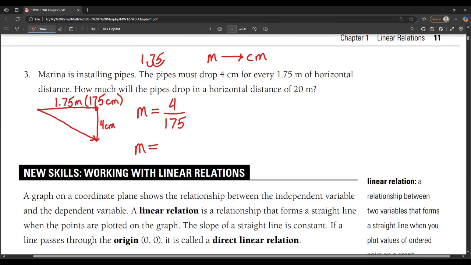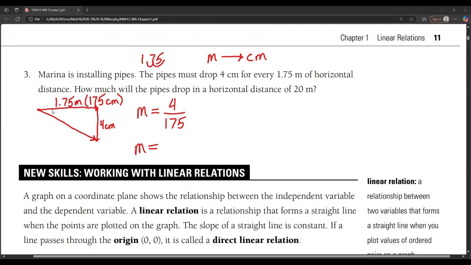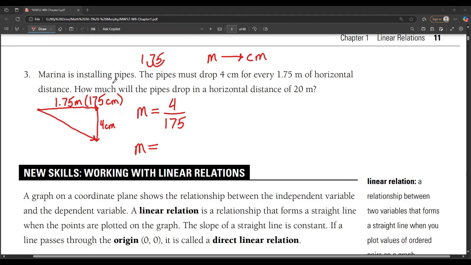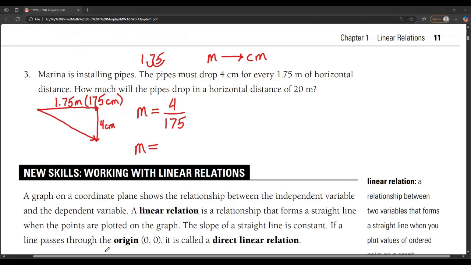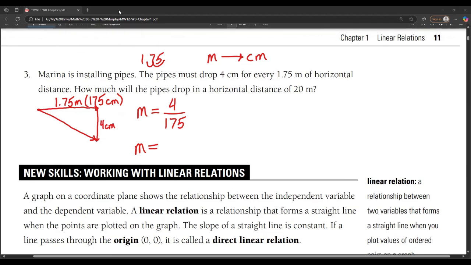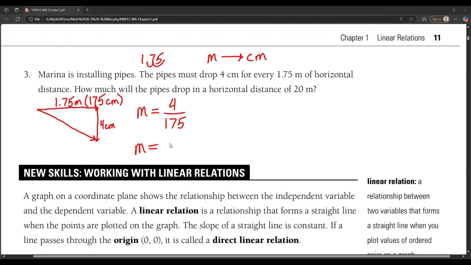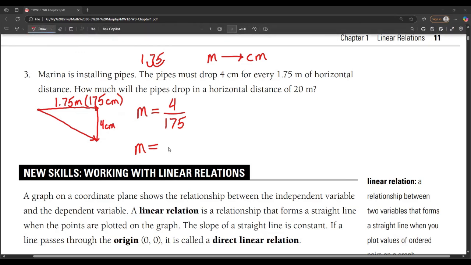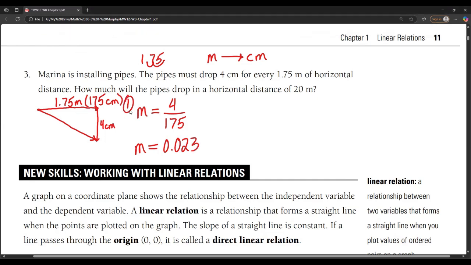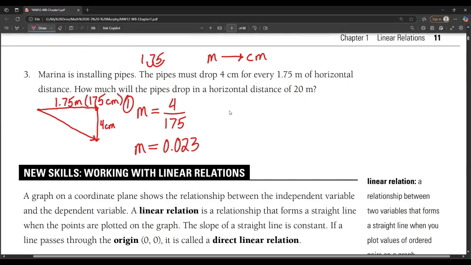And our slope will come out to 0.02228571429. Let's see what that is as a fraction. It's 4 over 175. So it's the same thing. So in this case, we will go to 2 decimal places, or we'll go 3. And don't worry, in your assignments and stuff, I will tell you what to go to. Okay? So that's actually our first step, is getting the slope,